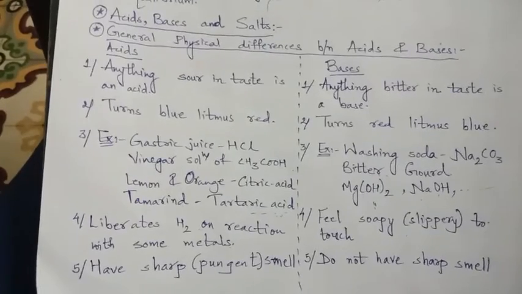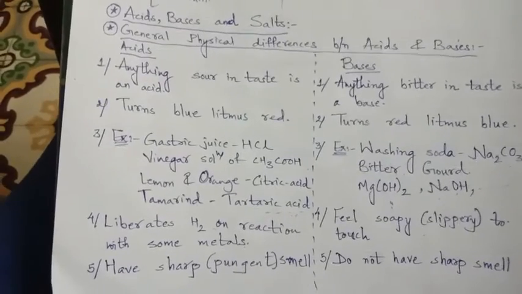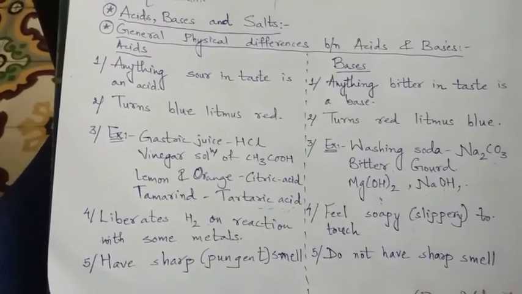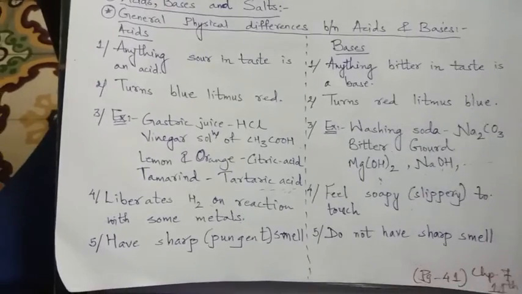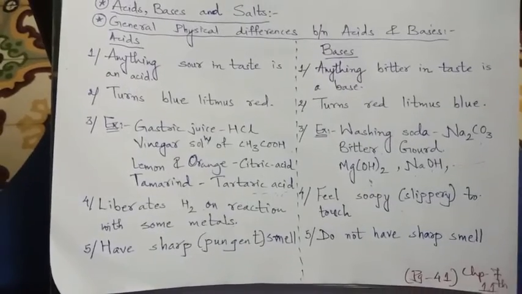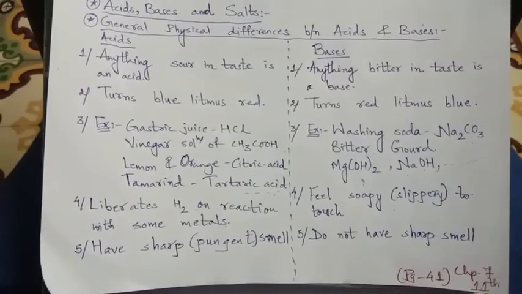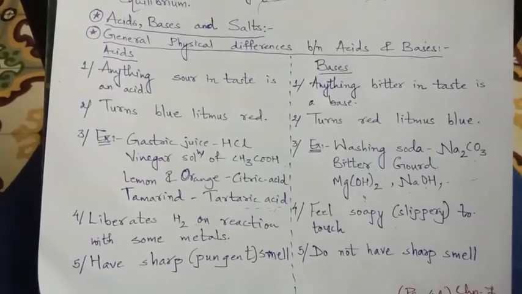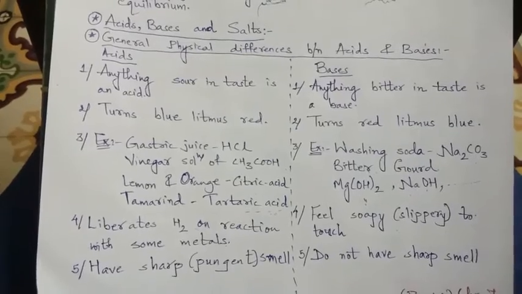You still know more about acids and bases, which you have already learned in 10th standard, about their chemical properties, right? And their neutralization reactions. If strong acid reacts with strong base, we get a neutral salt. But if strong acid reacts with weak base, we get a salt which is a little acidic in nature. If weak acid reacts with strong base, we get a little basic nature of the salt, right? So many more things you can add to this, but these were the general differences which acids and bases carry.